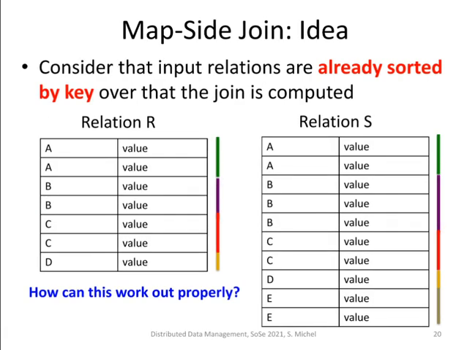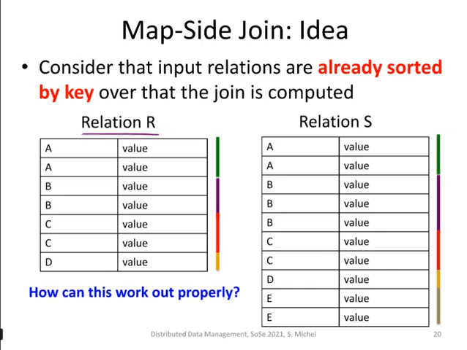So what's the idea? The idea is very simple. Reconsider what we have seen in the database systems course, or in any database systems course, usually discussed the sort merge join. So here we assume, like we did in the merge join, that data is already sorted. If not, we have to sort it, which is not really a problem in MapReduce to do. More about this later on and in the exercises. So consider we have these relations already sorted by the key we want to use for the join computation. So the key is the attribute that is used in the join predicate. I'm talking about an equijoin here as well, so we're checking for equality.